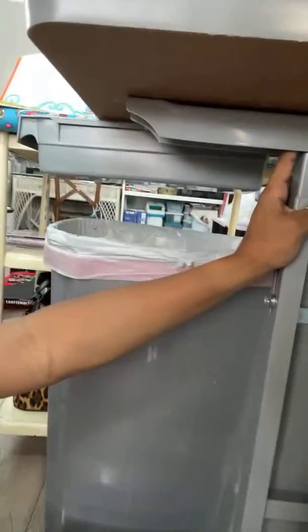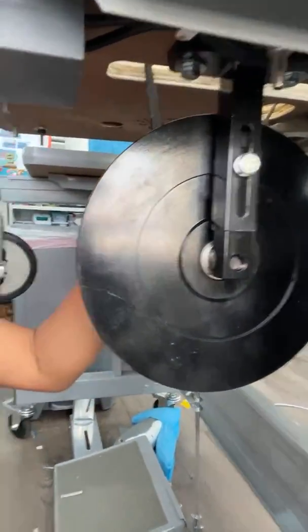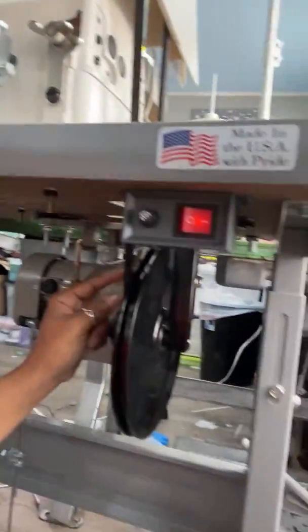It's only about maybe an inch or so. It won't be enough, but the thing is that if I were to lower this table, I would have to get a new belt, because it will bring down this machine. It'll bring it down so that this belt would no longer fit, and I would have to get a new belt in order to accommodate